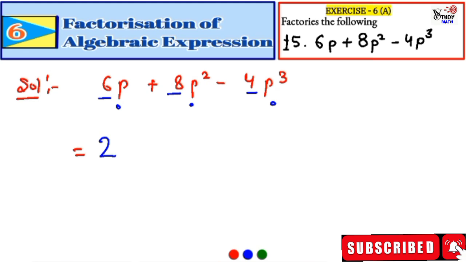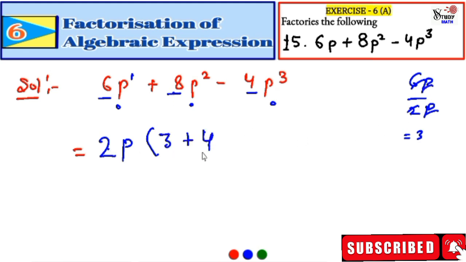We take that variable common in which term it has the lowest power. So here it has the lowest power, so 2p we will take common. So from 6p I'll take 2p as common. So this 2 cuts 6 three times and p cuts p one time. So we have 3. So this 2 cuts 8 four times, and this p to the power 1 cuts p square p times. Now negative sign.